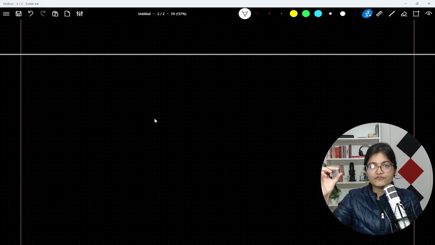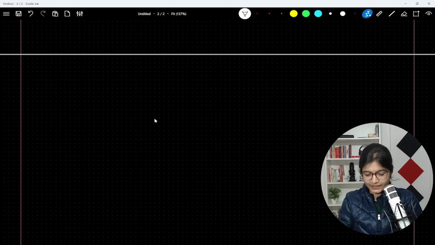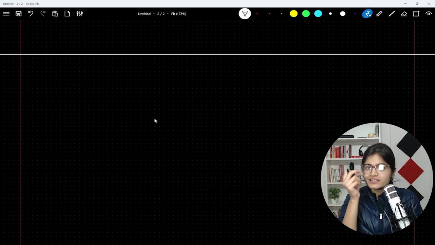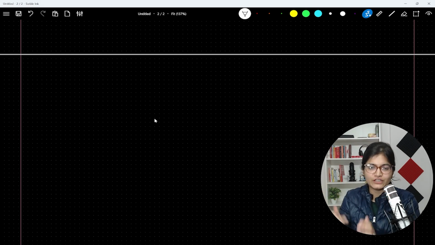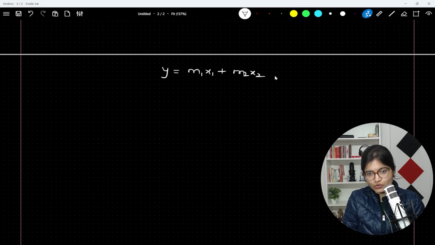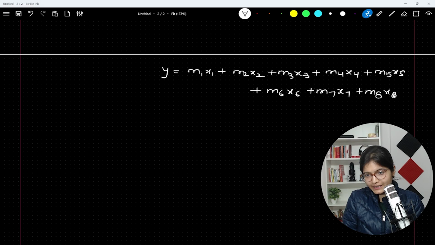So how will the equation of that straight line look in a linear regression? Obviously, when I was doing the explanation, I talked about y equals mx plus c, right? Considering that we have only a single feature, but in practical real-time scenarios, we will have multiple features. So because we have 8 features, the equation will look like m1 x1 plus m2 x2 plus m3 x3 plus m4 x4 plus m5 x5 plus m6 x6 plus m7 x7 plus m8 x8